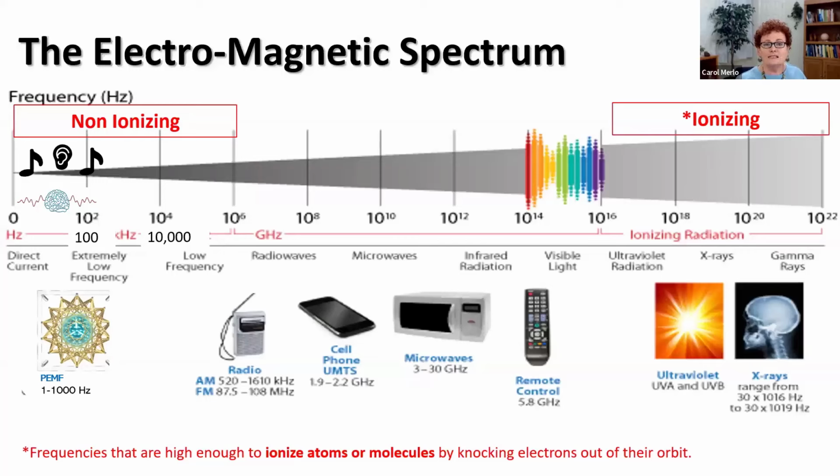All right, this is a big slide, but I want to talk about it so you get an understanding of this whole frequency conversation. This is the electromagnetic spectrum. And you can see it goes from the very small to the very, very large, 10 to the 22nd power, I believe. And that's just what they know about, which is what they can measure.